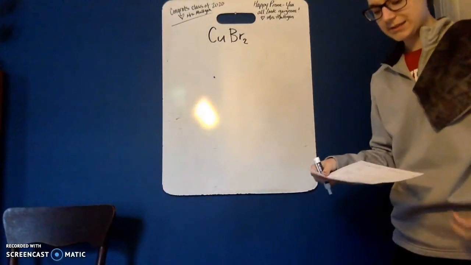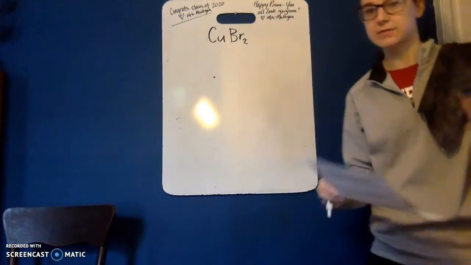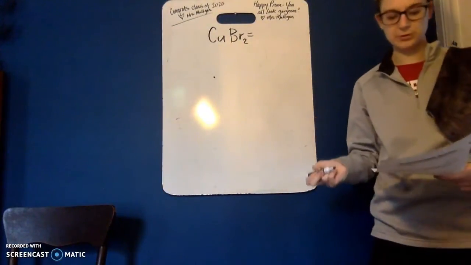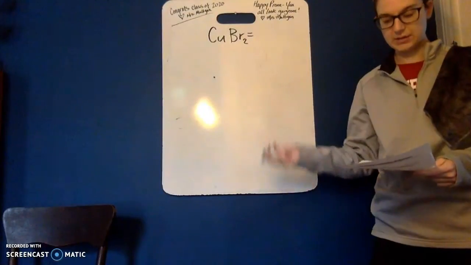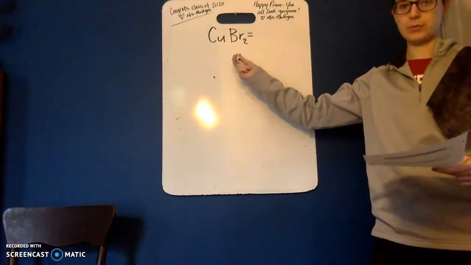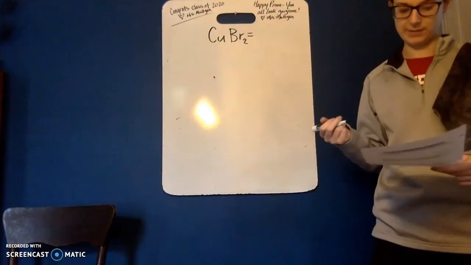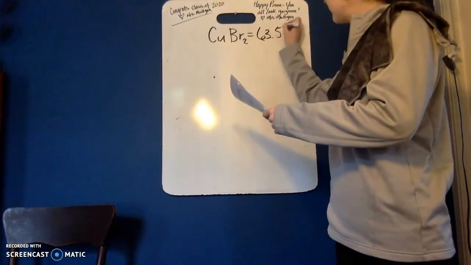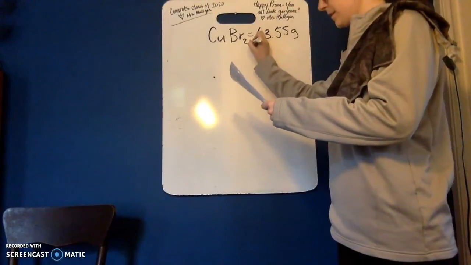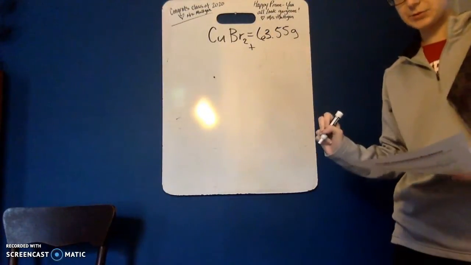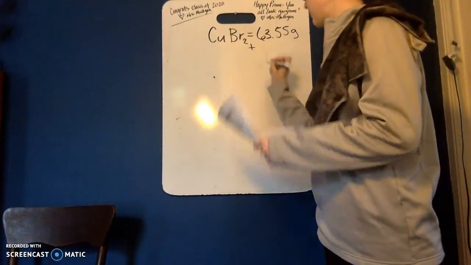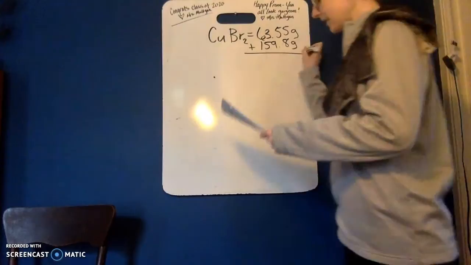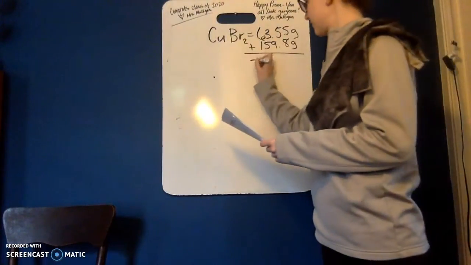And in order to do this, I have to first find the molar mass of the entire compound. So I'm going to add together the molar mass of copper and the molar mass of 2 bromine, because we have 2 bromine in that compound. So that would be 63.55 grams plus 2 times the molar mass of bromine is 159.8 grams. So that gives us a total molar mass of